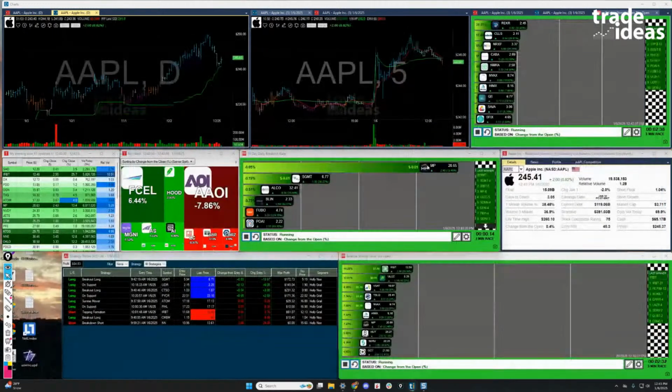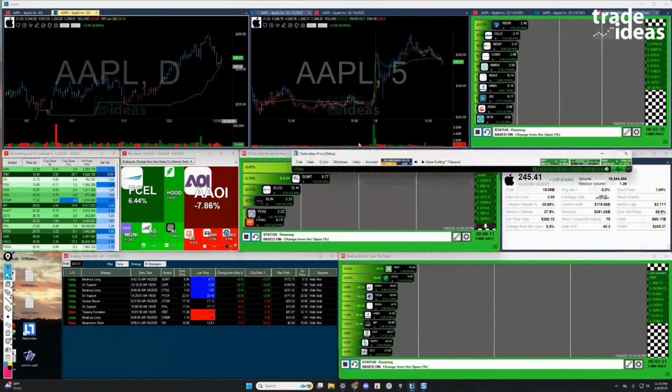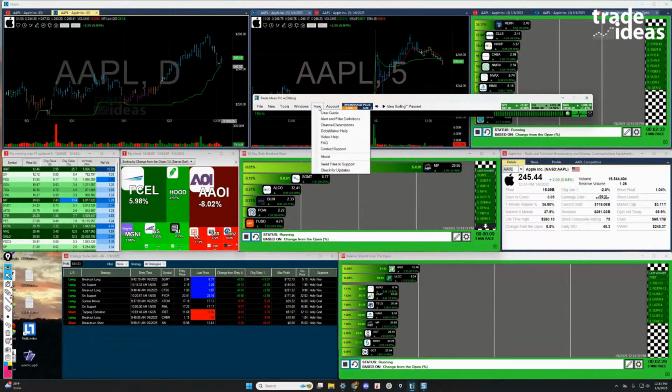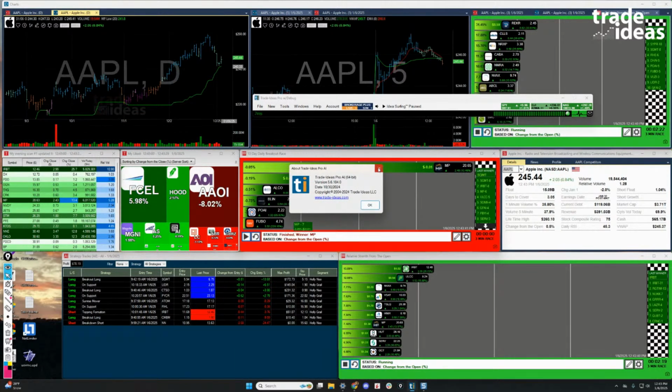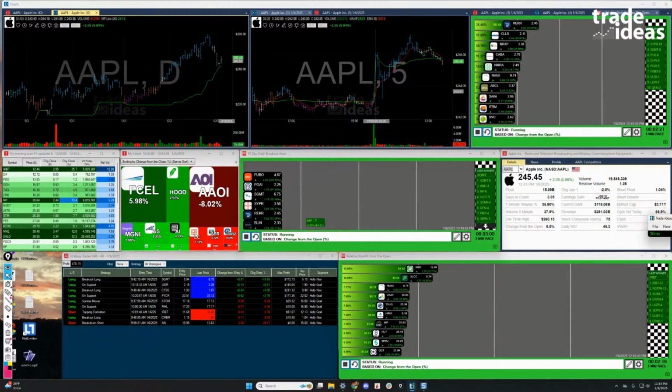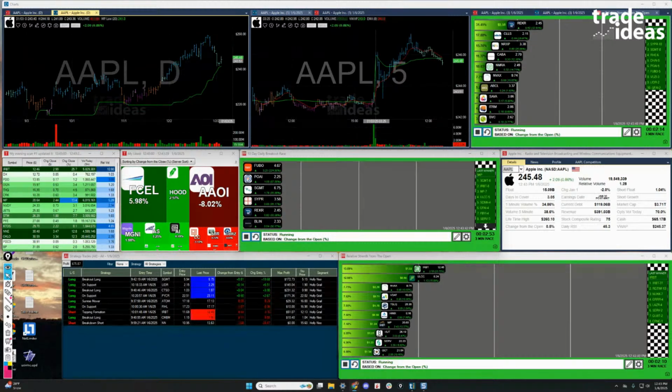So for the trade wave, you've got to make sure you're on our beta version of the software. So if you go to help and about, look for 5.6.104. That's the version you'll need to be on. That's our latest beta version. If you're not on that, you can get that on the download page. I'll get you a link to that. So right here on the download page, bang. And then just make sure,